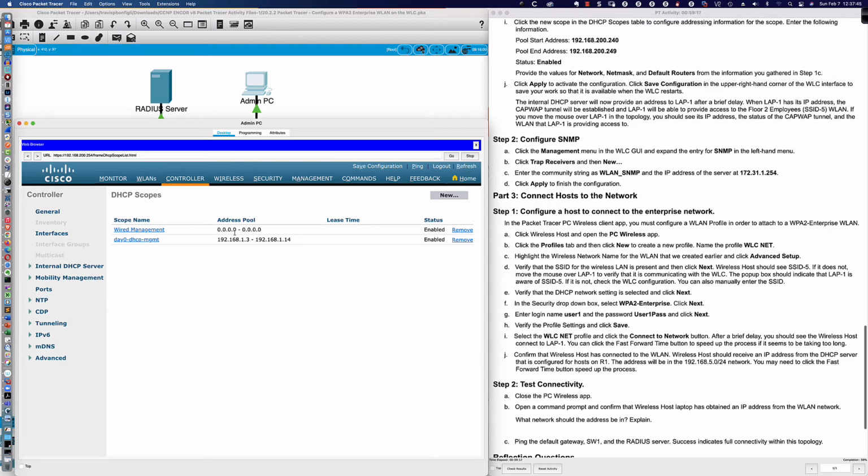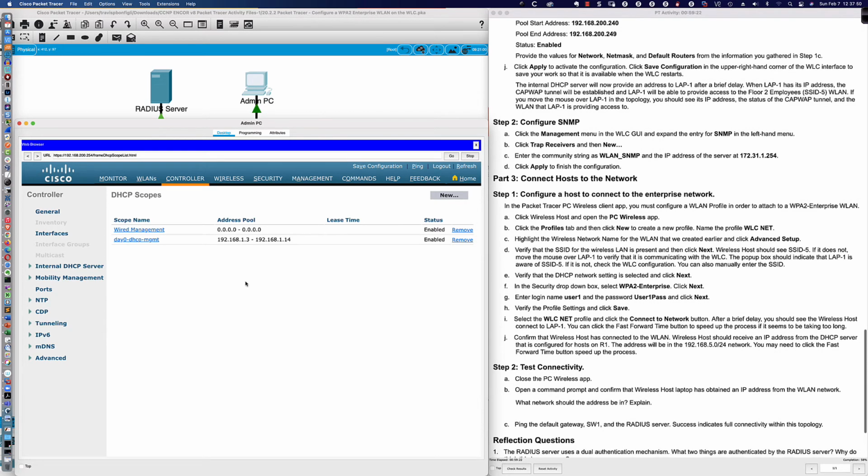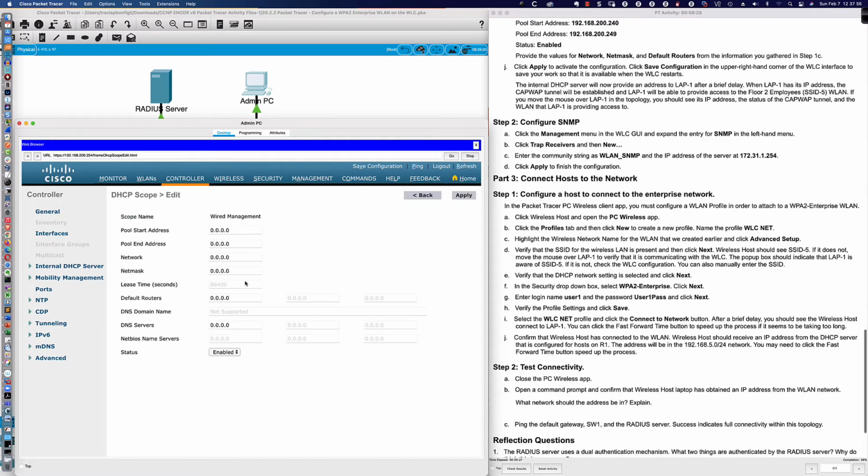And this is where we're going to put our address pool range in. And let's put this up here. And we'll give this a second. And again, the activity is a little more comprehensive than the last activity we did, and that's because we've got sort of DHCP going. We've got the WPA2 with the 802.1x, 200.240, and then the ending address 192.168.200.249. And then the network is that 192.168.200.0. And it is a /24,